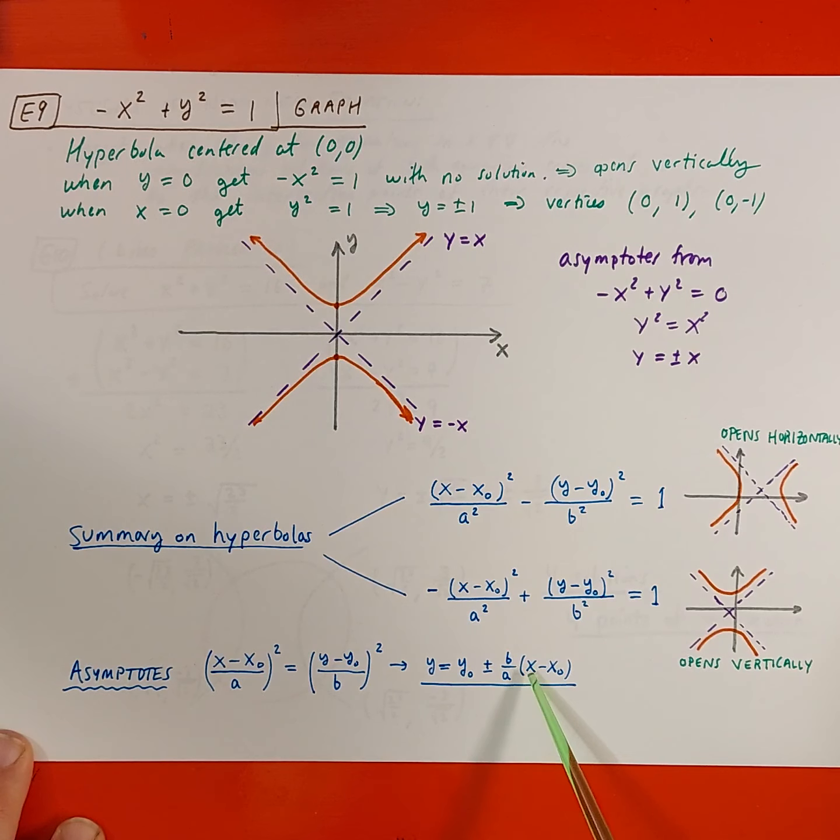A lot of times, if I'm going to ask students to graph this, I'll just make b over a equal to 1 sometimes. But I'll try to make it something not too complicated, like 1 or 2 maybe. Anyway,